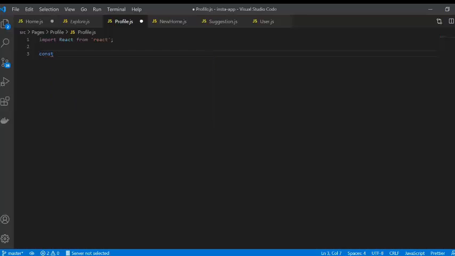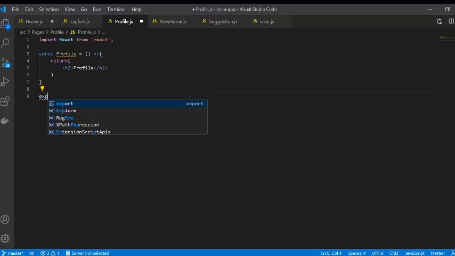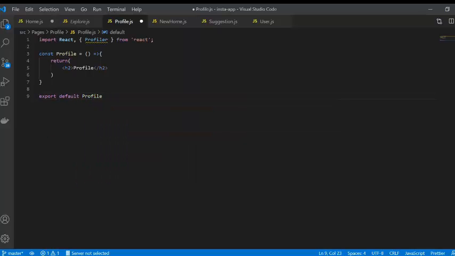and use the const keyword and use the Profile and provide return something, and use it like this. I haven't provided anything, right? So we will see next what we can do, how to provide something in here. So for now I'm just gonna give it a profile name. So export default Profile,